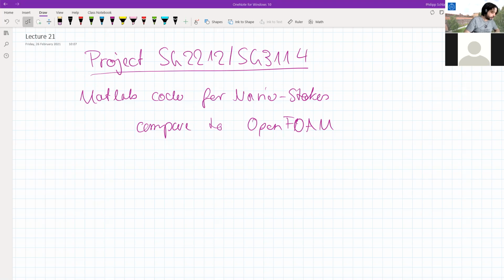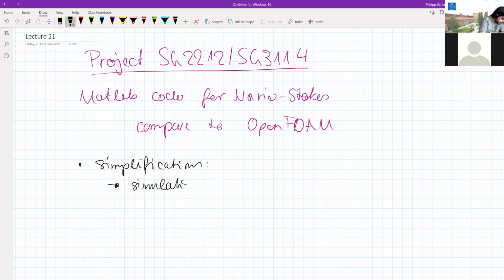Now, if I share again my lecture notes. As I said, what we would like to do during the next few hours is to develop this code. And as I said, there are certain simplifications that we need to do, mainly because we have some limitations in time and some limitations in computer power. So we would like to have a simulation code to present or demonstrate concepts